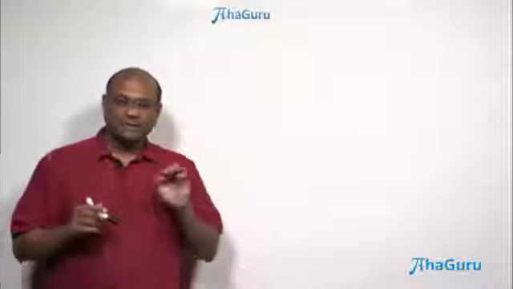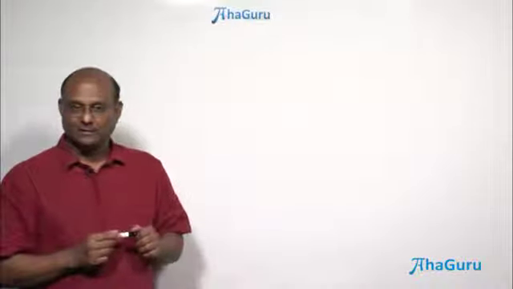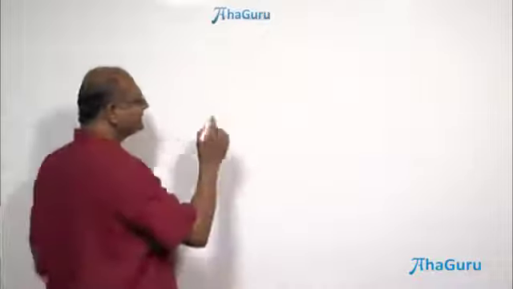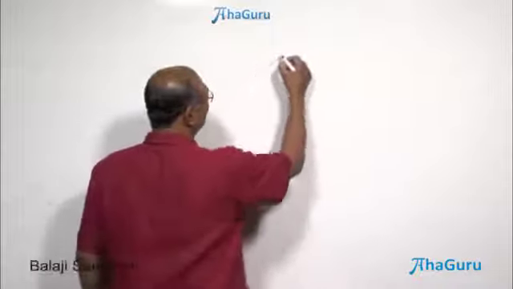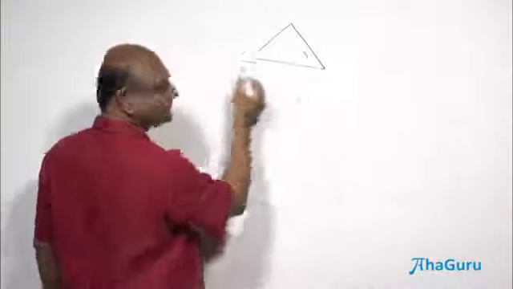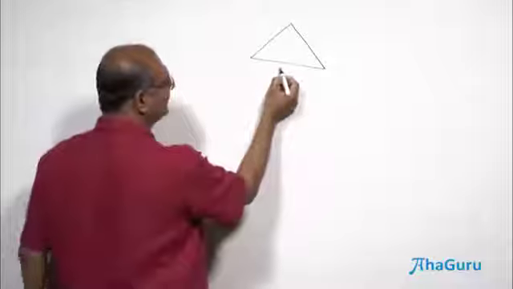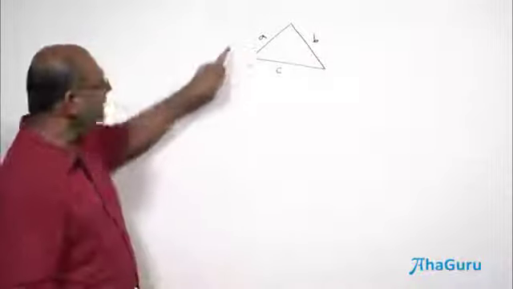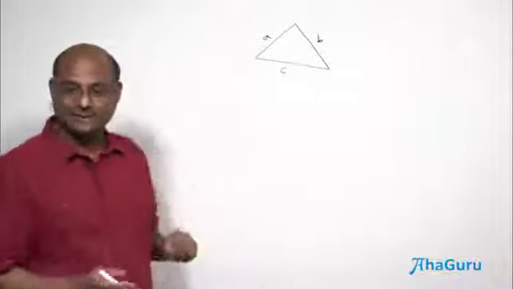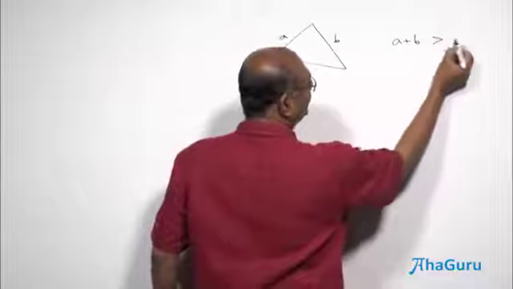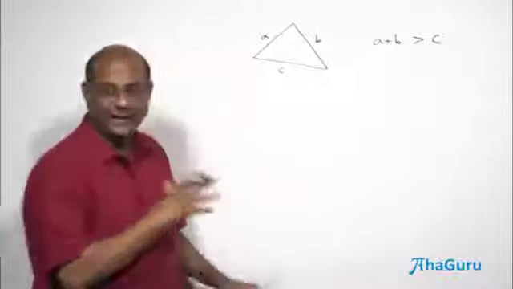So there is a very, very important inequality which is called the triangle inequality for complex numbers. It's a very simple idea. You know that for a regular triangle, suppose I had a triangle like that and I had three sides to a triangle. Obviously every triangle has three sides. So suppose I call this A and that B, this is C. You know that A plus B must be greater than C, right? So A plus B is greater than C if it was a genuine triangle.